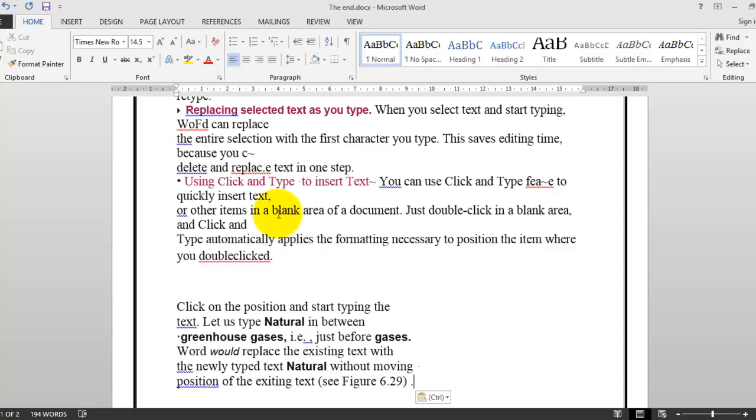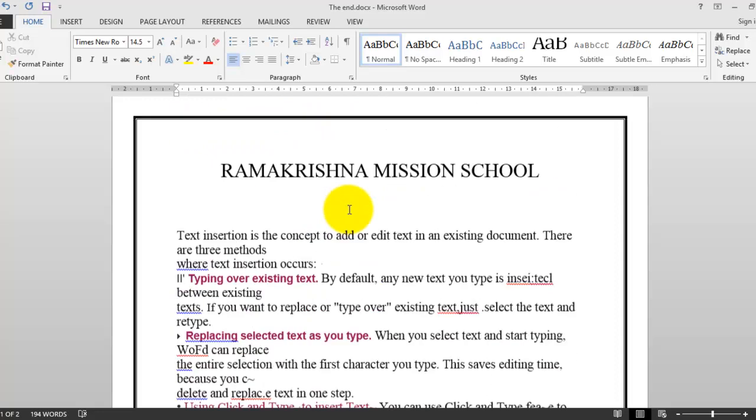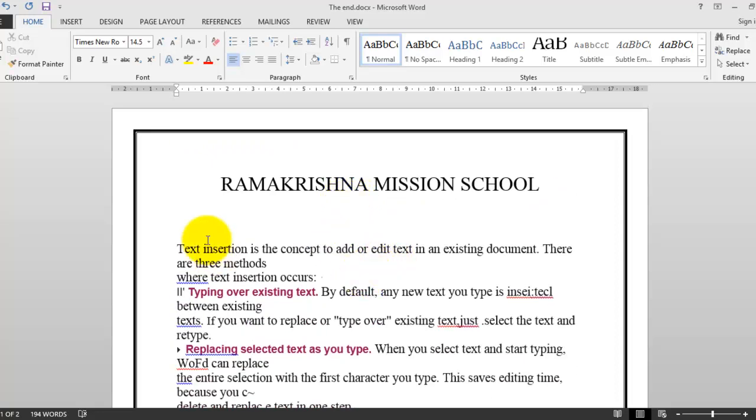Okay, first one is typing text over existing text. If you want to replace something, you can type over it. Look here, I don't know what this word is. If I want to replace it, you can select it like this and type over that existing one. Say let's replace this one with